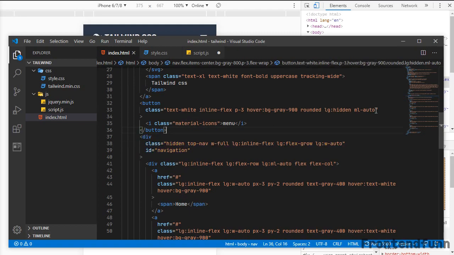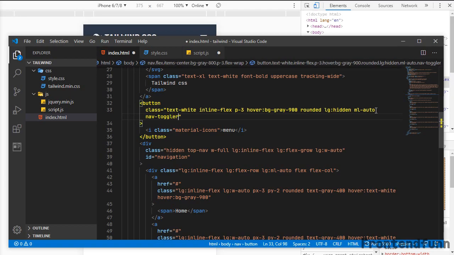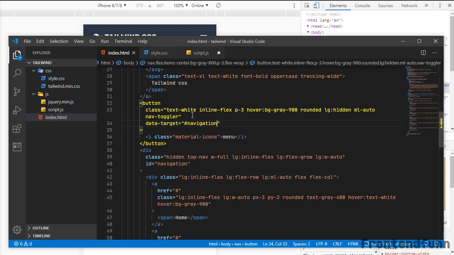I need to add a class for the toggle button, that is the nav-toggler. Okay, and I need to mention the data attribute here, that is data-target. The target will be #navigation, because I am using the ID navigation and specifying the same navigation ID here in data-target.